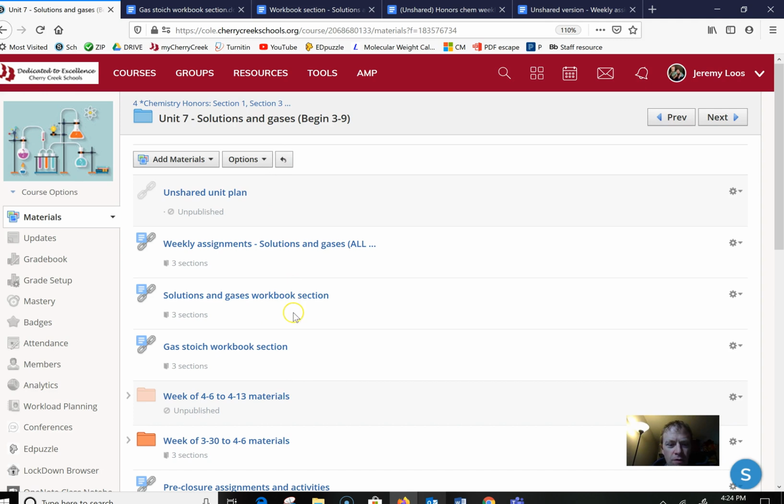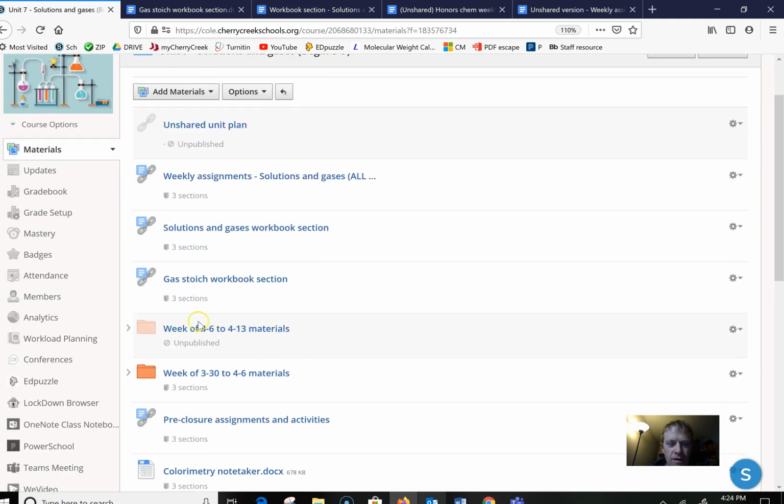So here you see roughly what your page is going to look like. This is going to be unlocked for you probably by the time you're seeing this. To keep things less cluttered, any material from last week is in this folder, which you're still welcome to turn in. We're still getting used to this and some of the technical problems. So anything from the previous week you can find there.